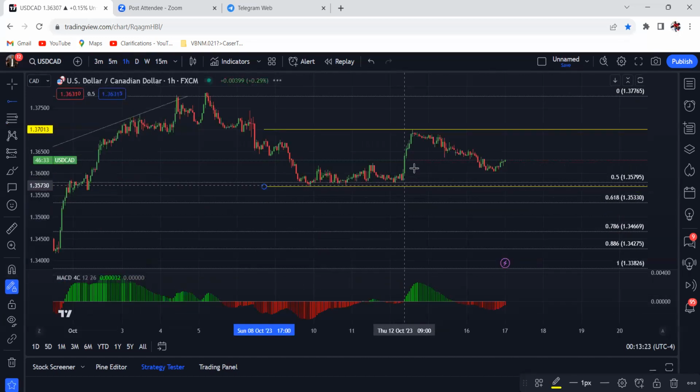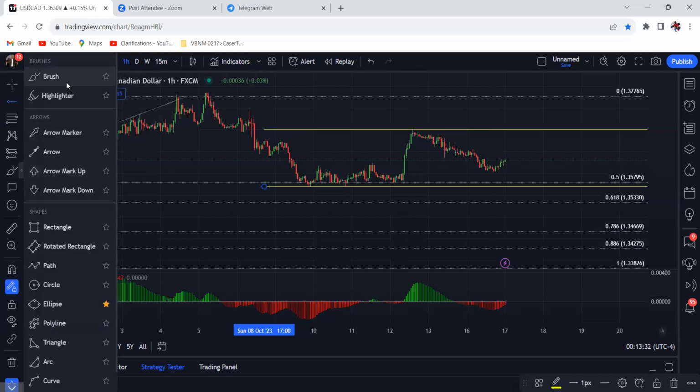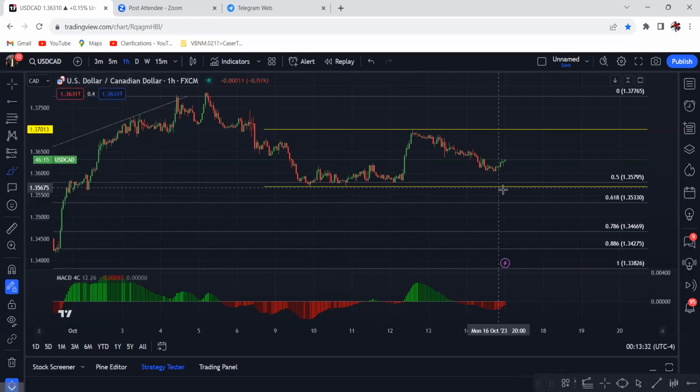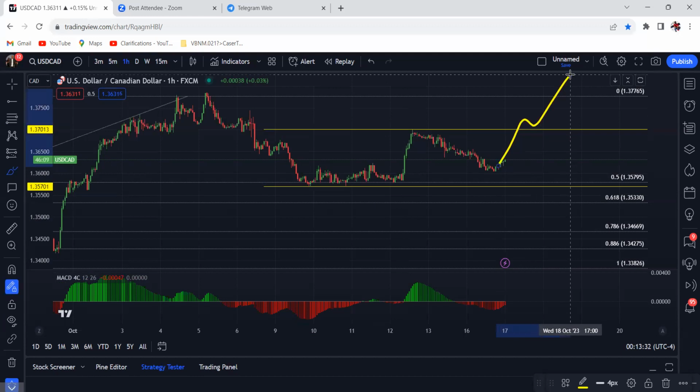Because, you know, eventually price is going to break out. Price has to create a new high or a new low. Right now, we're stuck in the middle. So by the end of the week, we're either going to break this low, or we're going to come back and be stuck at this high, or break this high and continue going up. I think we're going to create a new low.